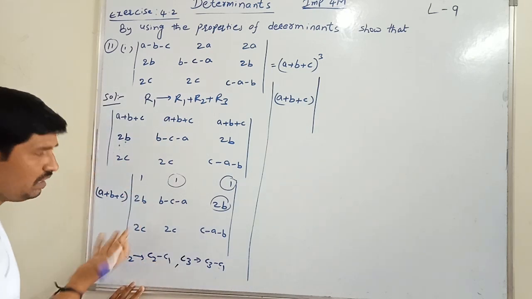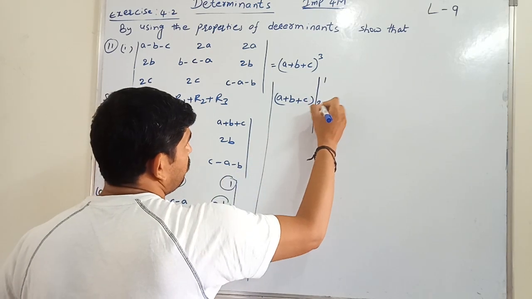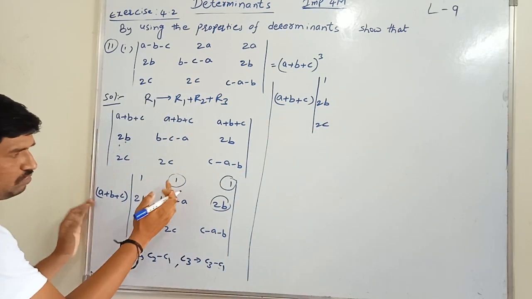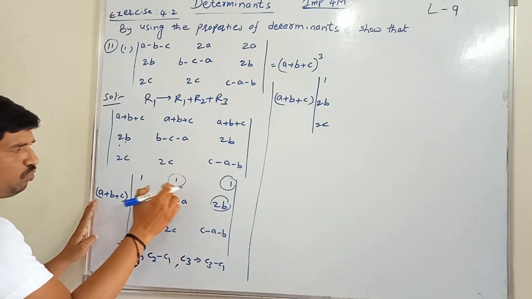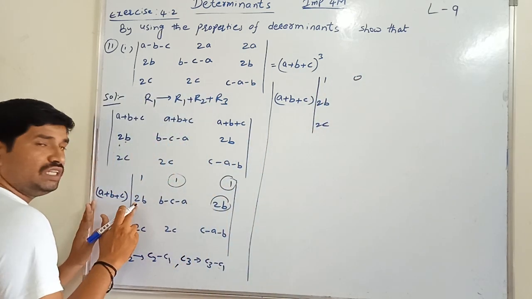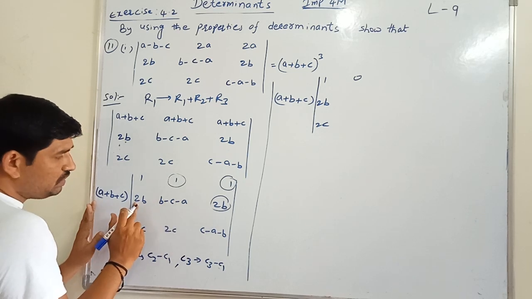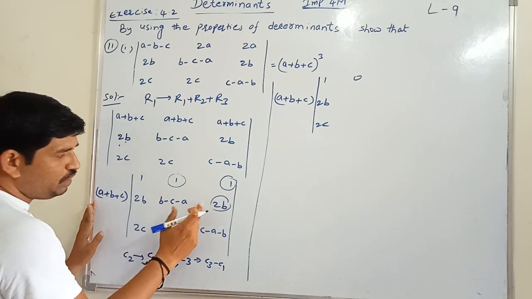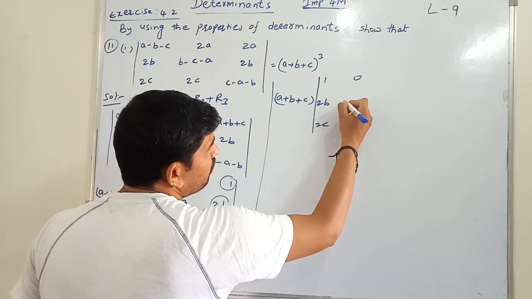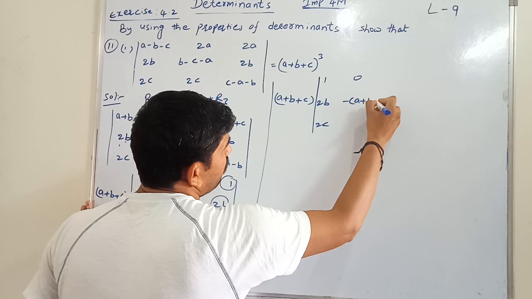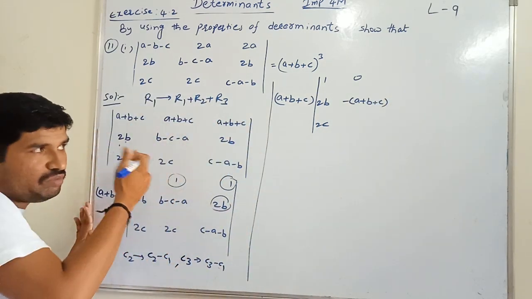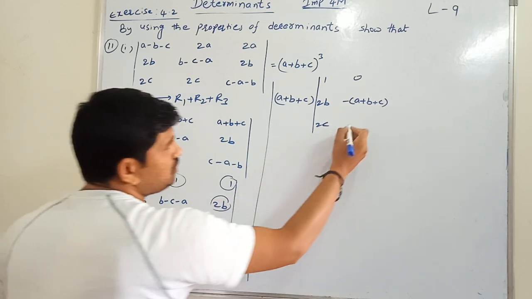Now the first one is as usual. No changes in the first column. 2b, 2c. Completed. Now C2 minus C1. Just we have to observe these two places like this. Okay. 1 minus 1, 0. Next, this total part minus this one. This total part minus this one is nothing but already this is there minus 2b. 1 plus b minus 2b is nothing but totally we will get minus of a plus b plus c, or not? Yes. This one minus this is nothing but totally you will get minus. We are taking minus as common. 2c minus 2c is 0.